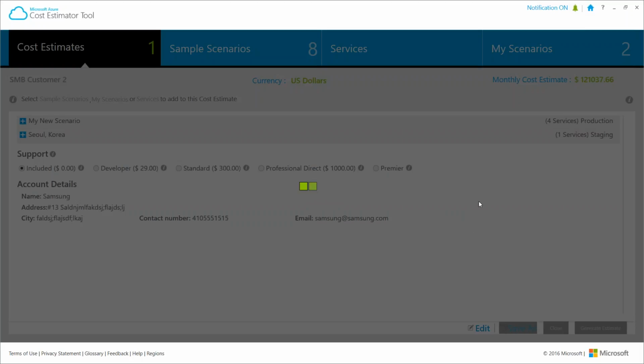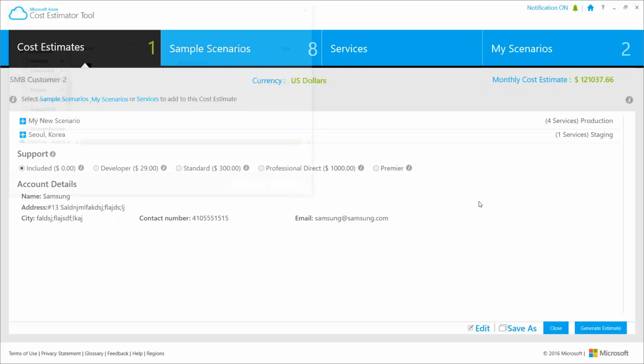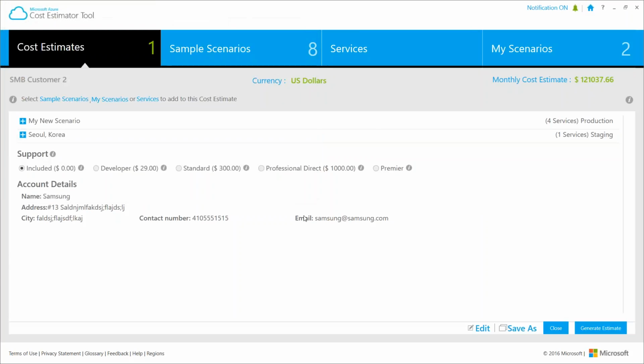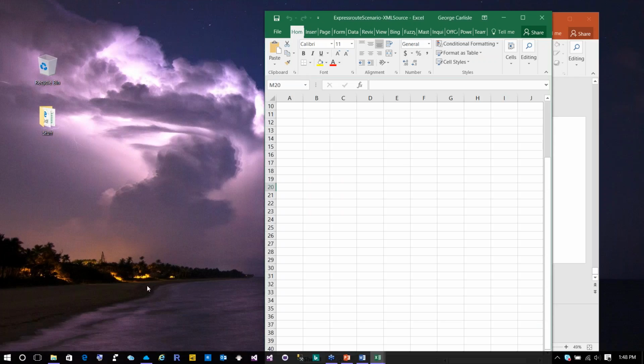So what we did here, just a quick recap, we created 2 scenarios, then I added the 2 scenarios to my cost estimate. And now it's taking those 2 services that I added, and it's putting this into a spreadsheet. And so let's see what it's done.